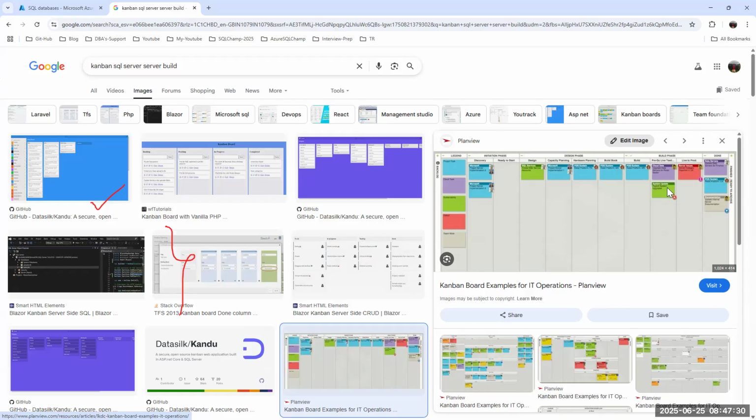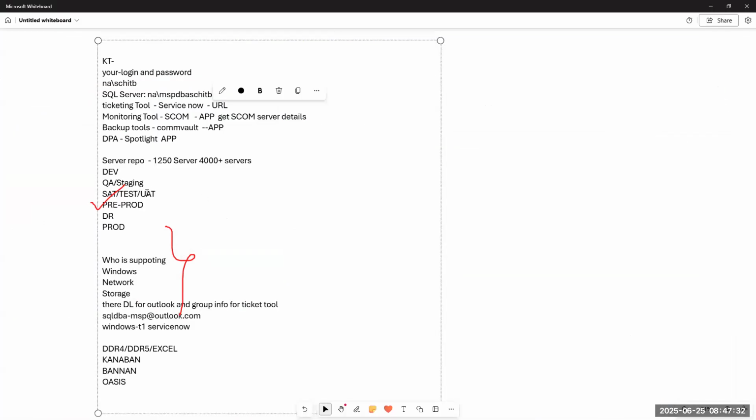So usually when we are working, to install one SQL server, we used to take 5 days. It is just a 20 minute installation, sir. But we used to take 5 days because it needs to go phase by phase. So the server will go live only after 5 days, if you are using Kanban. Please make a note of it.